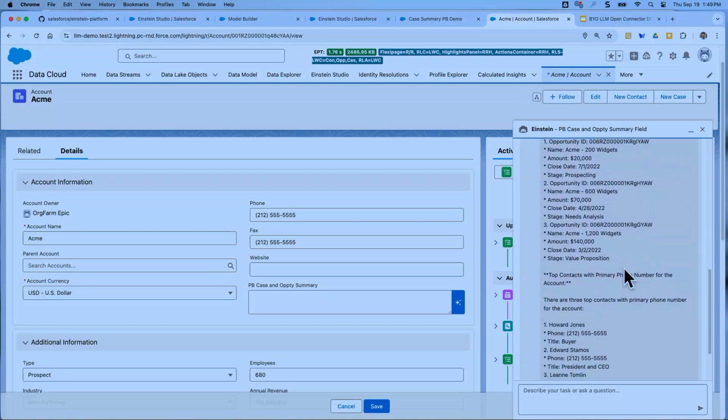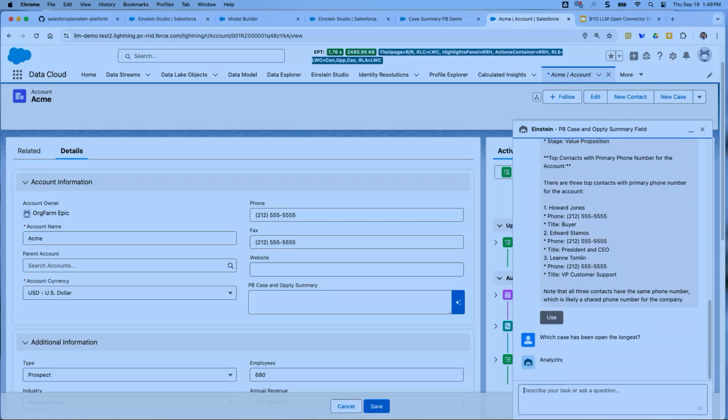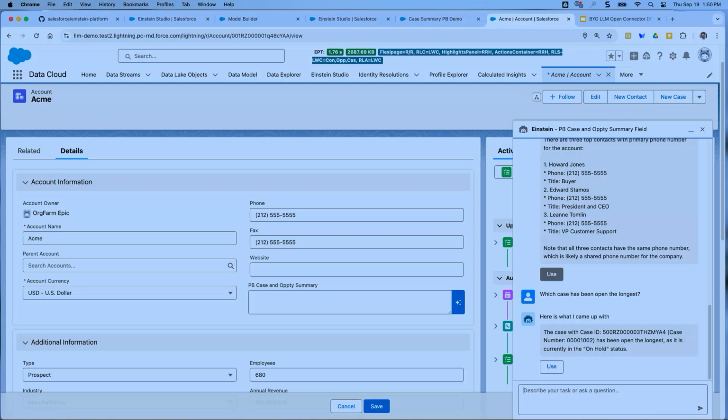And last but not least, you'll notice that I get a standard chat experience here in the Gen AI window. What that means is that when the agent uses this, they could ask more questions of the data if they need to, sending out to Llama to get a response. What's a typical example of something the agent might need to do? Well, my agents might want to see which case has been open the longest, so if they have to talk to the customer and figure out what the issue might be, that's a key request. Okay. We can do that. That customer might have lots of cases and they just want to know which one's been open. Okay, perfect. So I'll just type in which case has been open the longest, and it immediately comes back